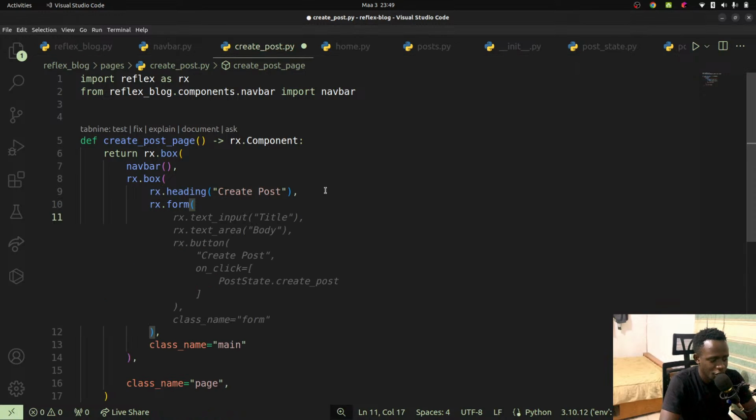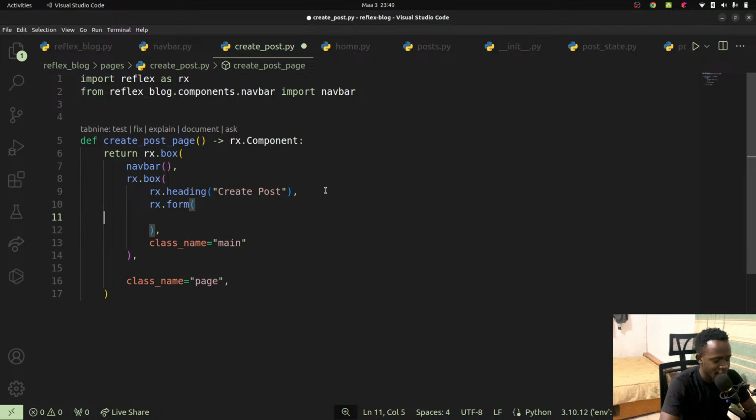Now this is going to take in whatever inputs we may want to add. For example, let's add the various text fields, or the various components that we may want. Let's make this a little bit organized. In this case, we are going to first create a grouping of form items. So I'm just going to create a box, which is similar to a div, and I'll give this a class,